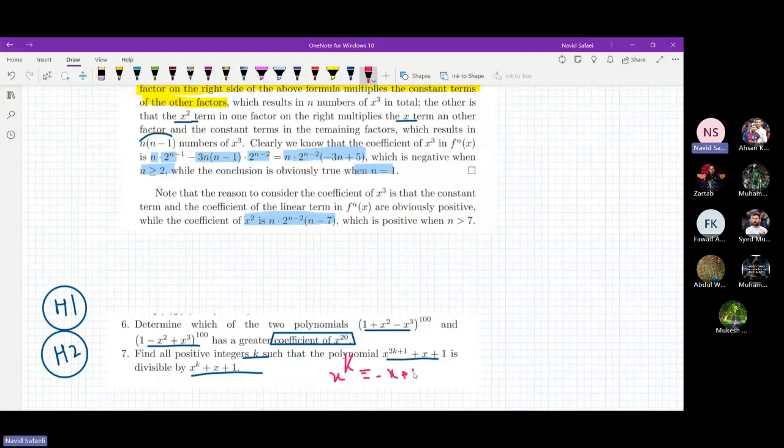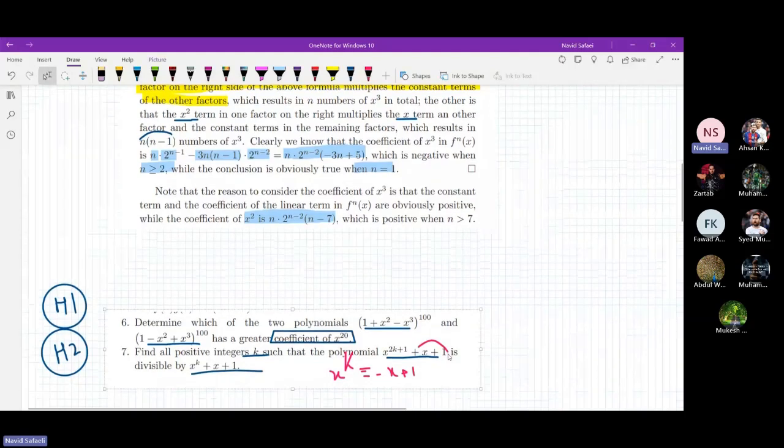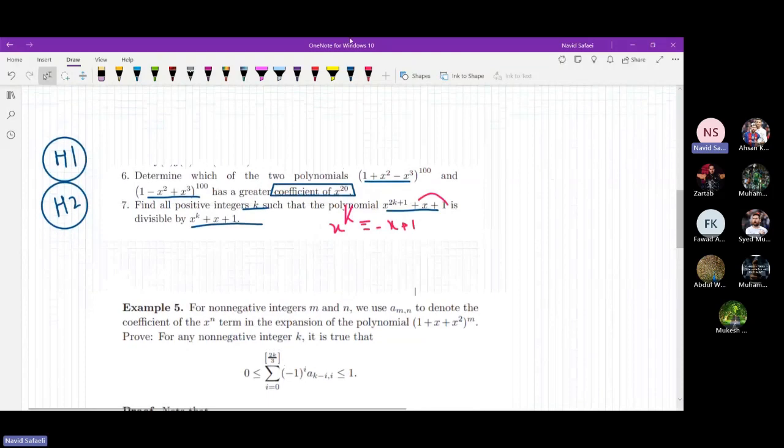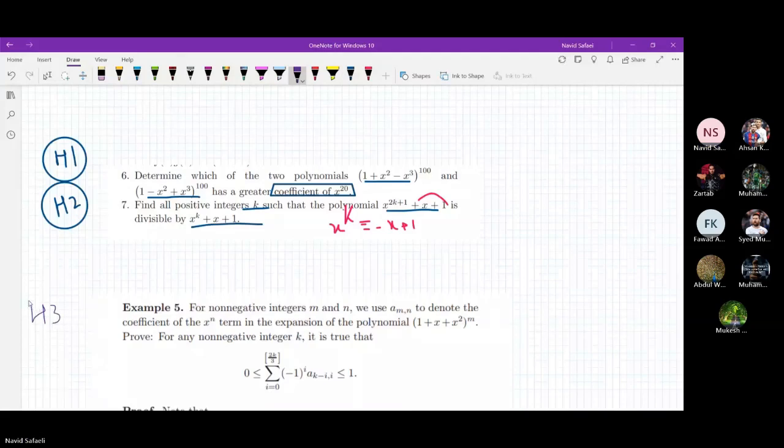Then try to use this here in order to generate something meaningful. And finally, the hardest one is this one. So take a photo from these three. This is homework 3. For non-negative integers m and n, denote by a_{m,n} the coefficient of x^n